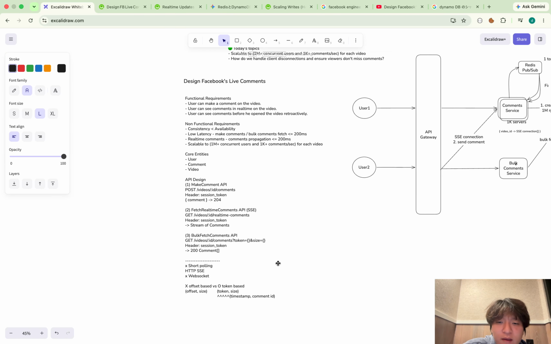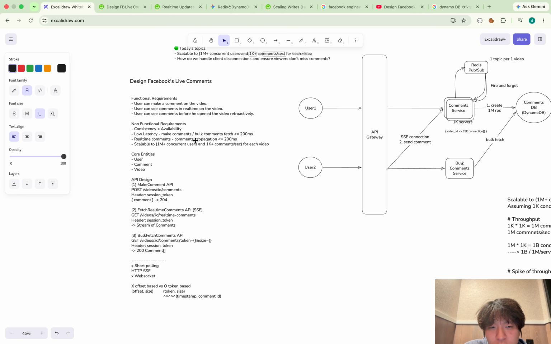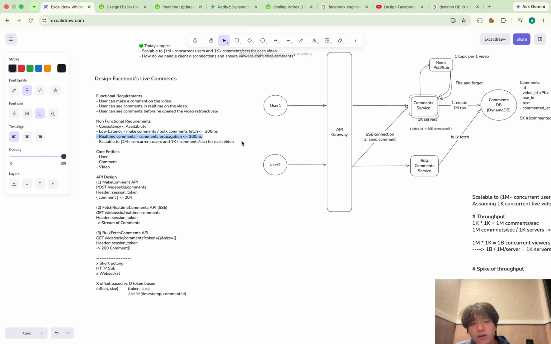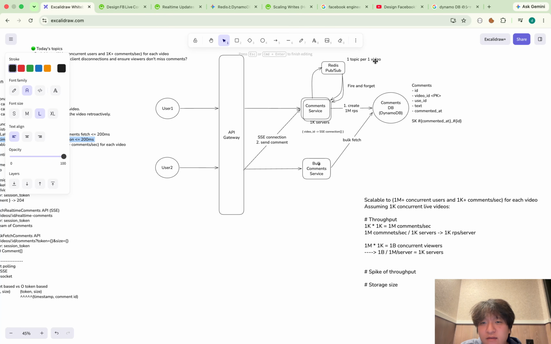And in the case of the real-time non-functional requirement, comment propagation of less than 200 milliseconds is quite strict. So that's why I use Redis pub sub over Kafka here. The durability of Kafka is not needed, as I said, because with this Redis pub sub we just have to send the real-time message. We don't have to take care of the past messages for this portion.